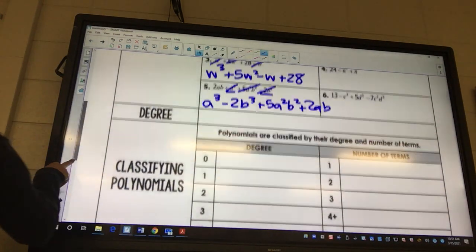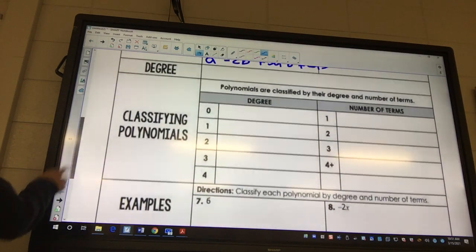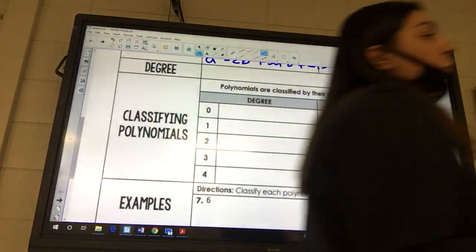Okay. So let's look at this last one. We need a couple little more notes. So there are 2 ways to classify a polynomial. So when we do this today,